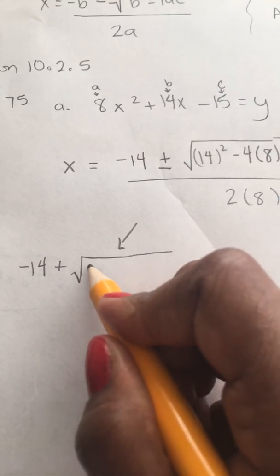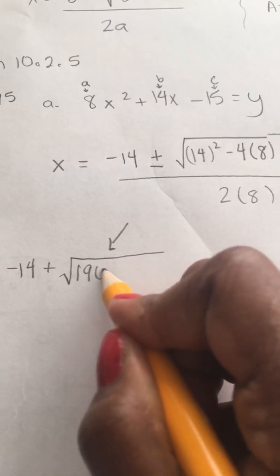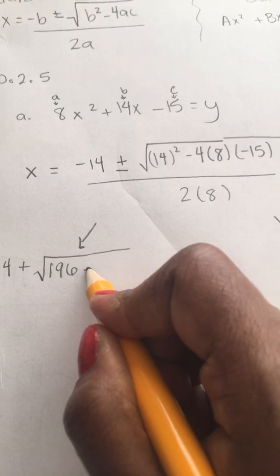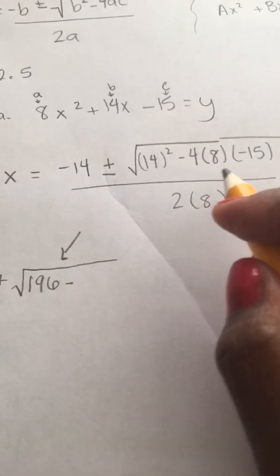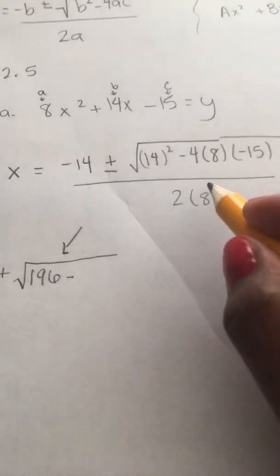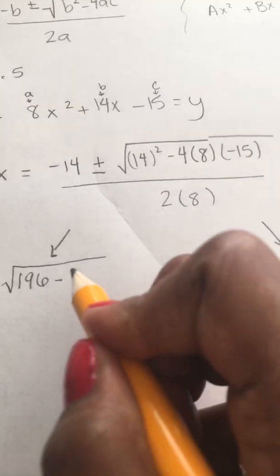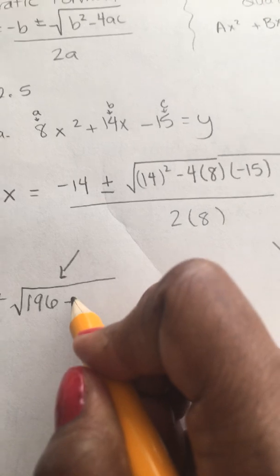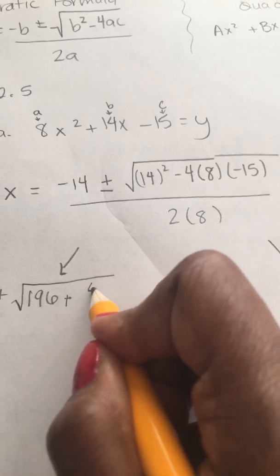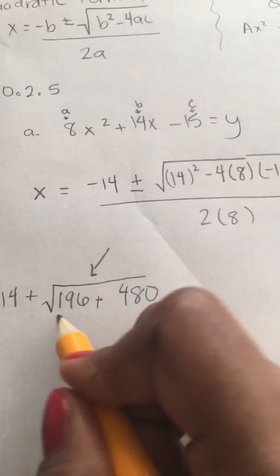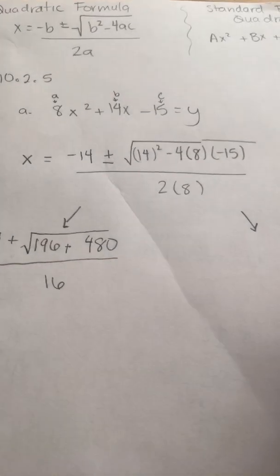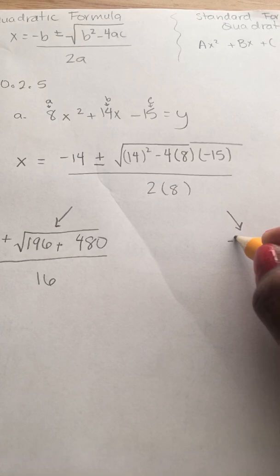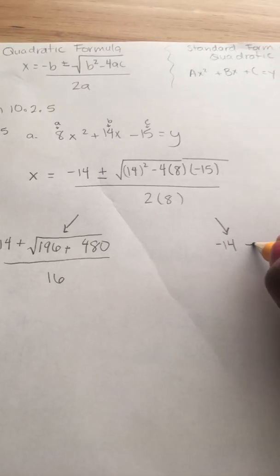So here we go. 14 squared is 196, minus 4, sorry, negative 4 times negative 15 is positive 60. Times 8 is a positive 480. All divided by 2 times 8, which is 16. Over here, we'll have negative 14 minus